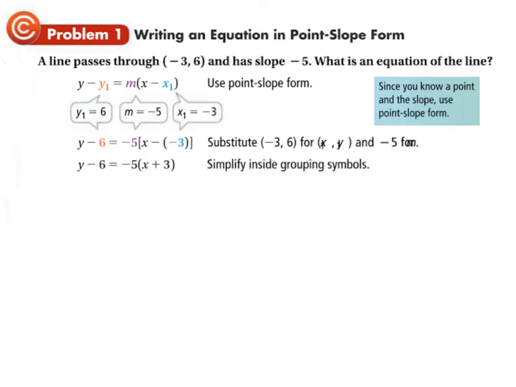I'm going to point something out here that's worth noticing now. Since you're always subtracting the y coordinate and the x coordinate, what that's going to do is take the opposite of whatever the actual y coordinate of the point was. That'll take the opposite of whatever the actual x coordinate is. So if here you see x plus 3, we know that we actually subtracted a negative 3, and that's what